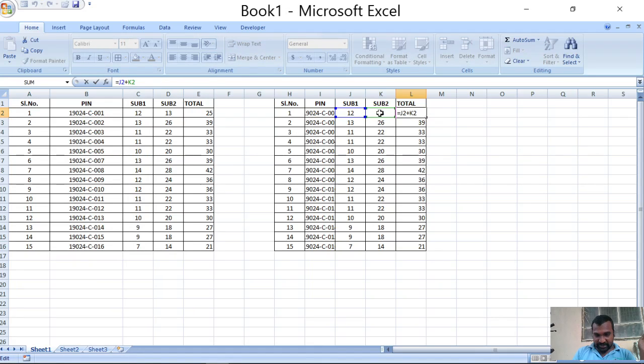So this is J2 and this is K2. They are highlighted with some color in the formula bar. Here this total is C2 plus D2. Even though we are copying the formulas, they are reflected automatically with the respective cells. They are not blindly copying C2 plus D2 everywhere. So if you perform the paste operation, then the formulas are applied.